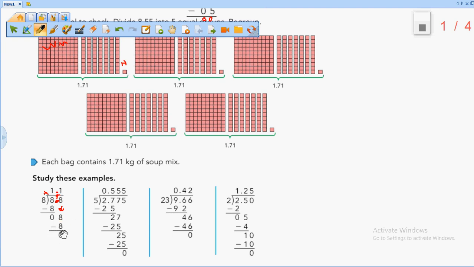So subtract them, it is 0. So the answer becomes 1.1. Here again, 2 divided by 5, I can't. If you can't divide, you have to show it by using 0. Then we have the decimal point, we have to put it up,